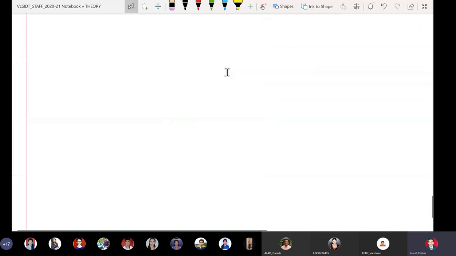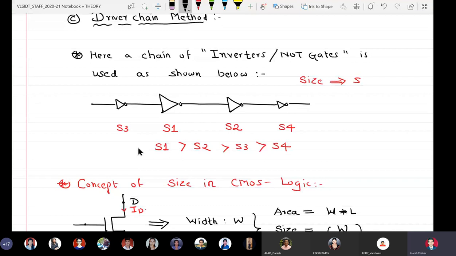So in the sense, in this particular inverter chain, after this discussion, what I can do is that for all the transistors here, I can write down the sizes as W1 by L1, W2 by L2, W4 by L4, W3 by L3. And I have to write down here that the lengths of all the transistors are equal